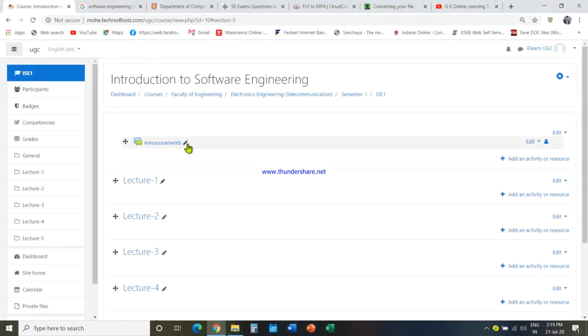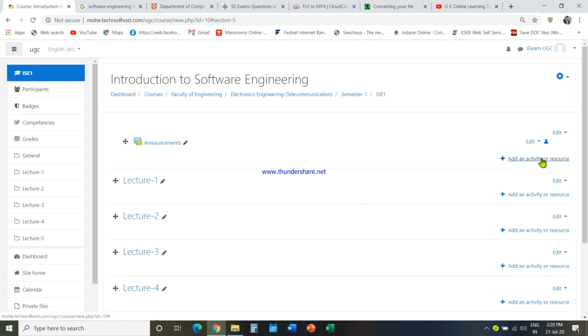So as I mentioned, normally in the announcement section, we are going to provide the important assignments or important information to the students, like assignment, for example, the course syllabus, for example, course contents, for example, some question bank, for example, chat information, like that. Some information we are going to provide in the announcement phase. So in order to enter the course information or the course material, click on the Add an Activity or Resources tab.